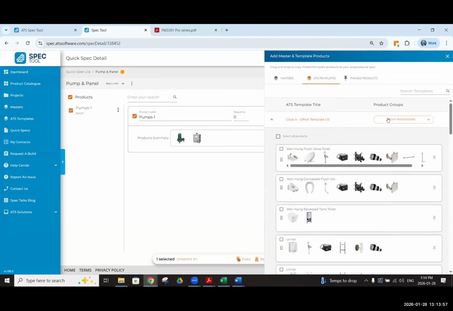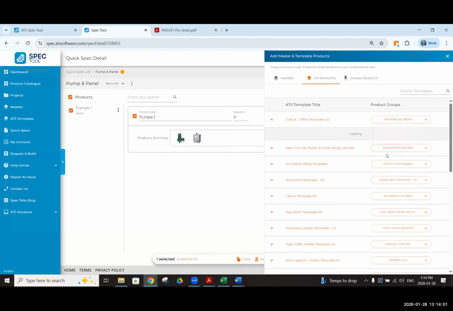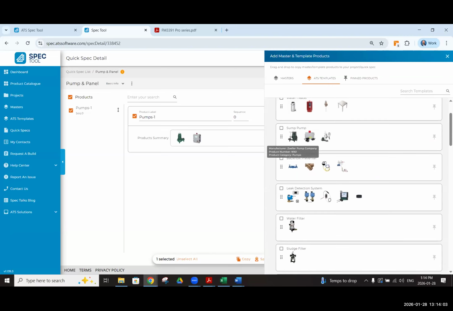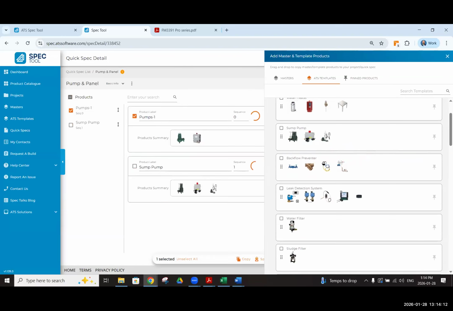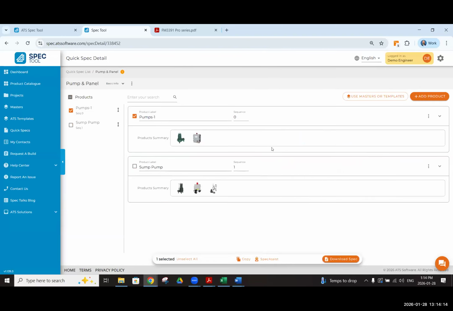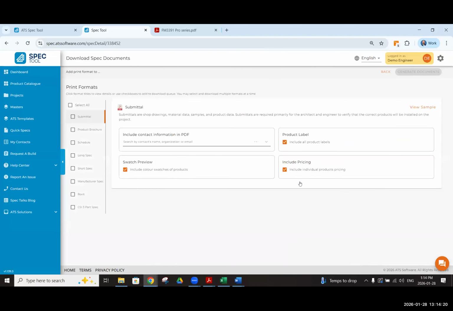And we can go to our Class A office. We've got all these different tabs in here. We'll jump into the mechanical room. And we've got a sump pump in here, N161, simple pump with an oil guard assembly. We can just drag and drop that into our project file. So the masters is great because it gives you easy access to drag and drop, and it helps keep everything up to date. And then once you're done, hit the download spec,